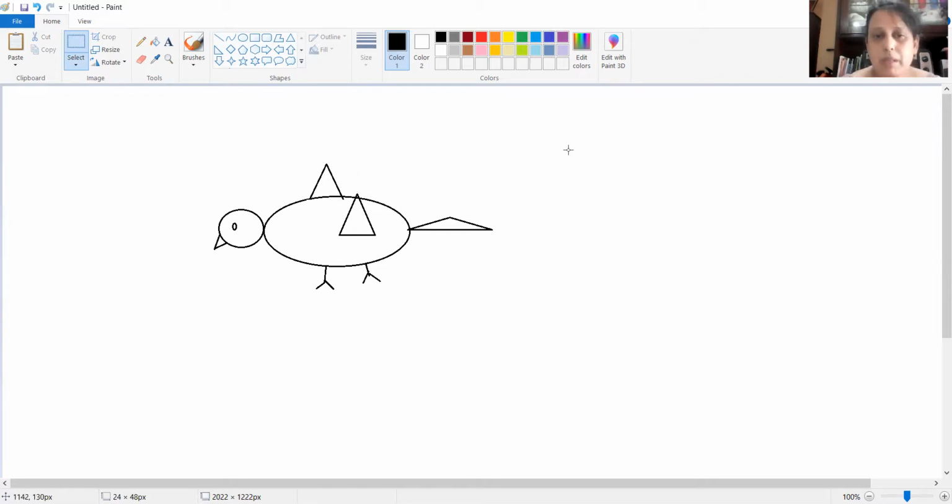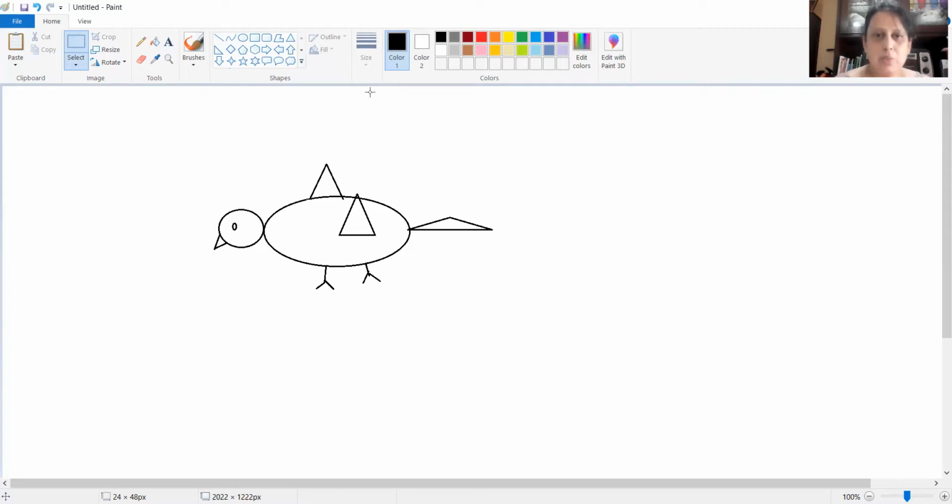So now my bird looks as though it is really flying. So when you have a white background behind, you select that portion that you want to make go behind, and go on to transparent selection. So that portion becomes transparent and you can see the bird actually flying.